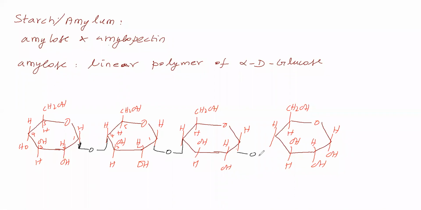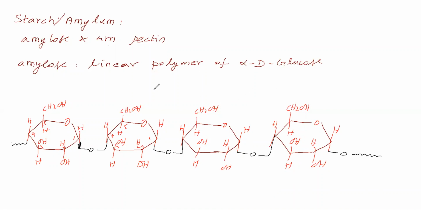So we have given the glycosidic bond like this. Next, this C1 goes for glycosidic linkage with a neighbor, and it continues like this. Then this C4 goes for glycosidic linkage. It will continue like this. It is a polymer. This polymer is called a linear polymer of alpha D glucose.